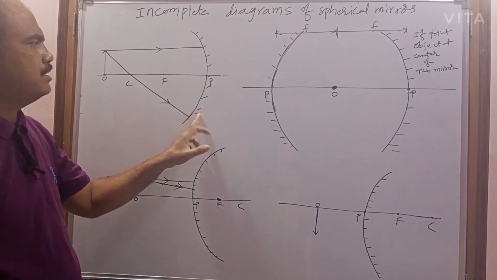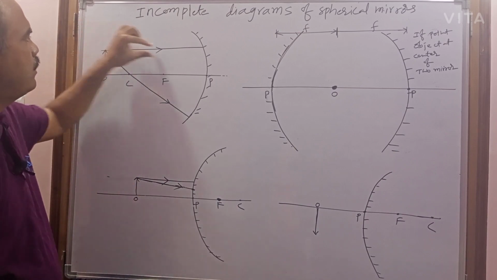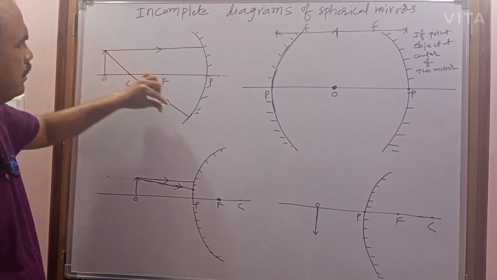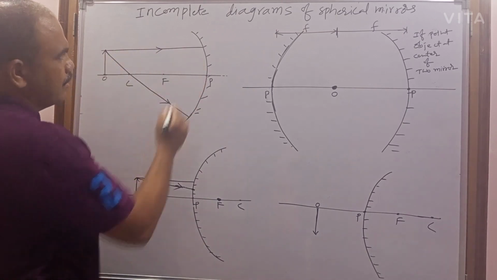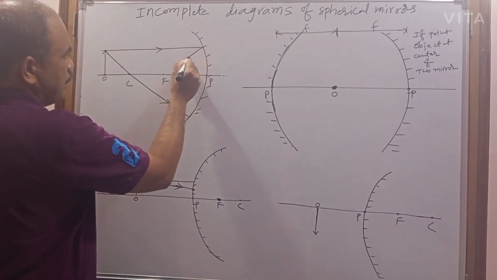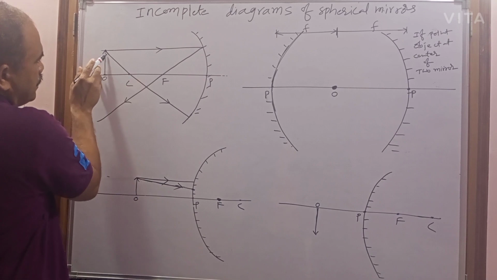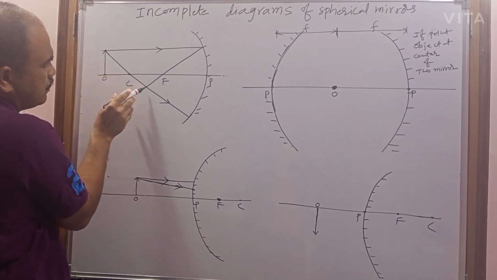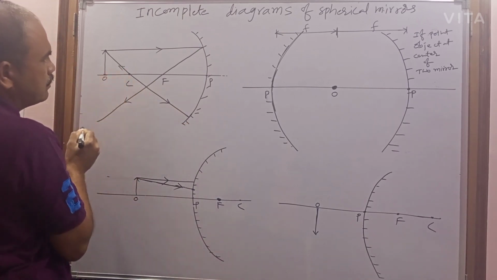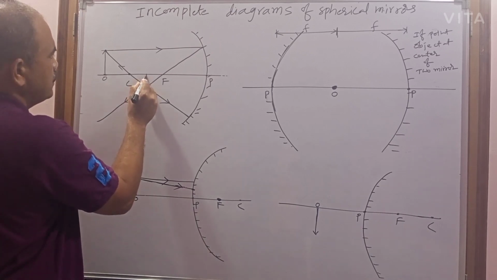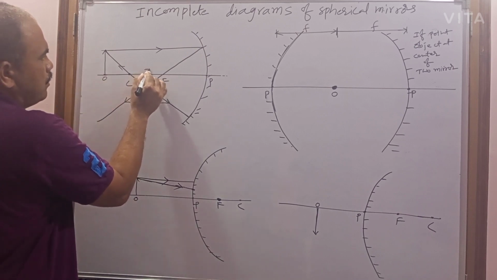You identified that this is a concave mirror and this object is beyond C. This is the incident ray parallel to the principal axis, and the incident ray passing through the center of curvature. How can you complete it? Easy. This is the incident ray parallel to the principal axis, so after reflection it will pass through the focus. And next, this is the incident ray traveling through the center of curvature. After incident on the mirror, what happens? It returns along the same path. Now where is the image formed? This is where the image is formed. Here O is given, which is nothing but the object, so here you have to write that this is the image.